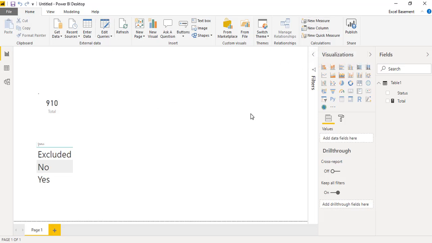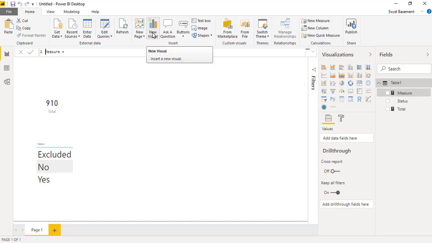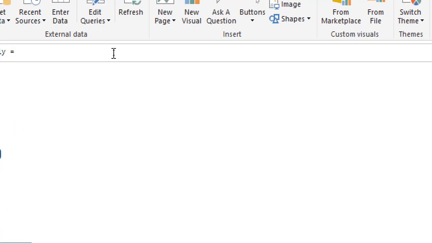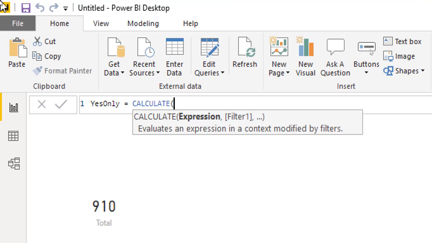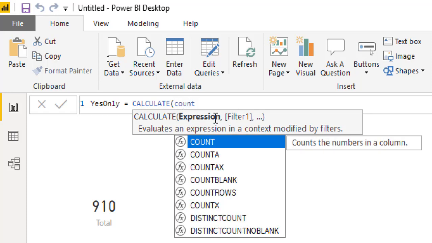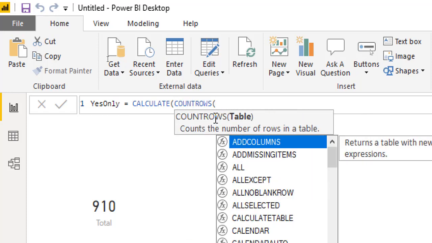We will click on New Measure, and here we will write a name for the measure, let's suppose Yes Only, and after the equals to we will be putting one DAX, which is called CALCULATE. So CALCULATE, first we need to define the expression, what kind of aggregation we want to calculate or what kind of action we want to perform. So first we will be counting the rows in Table 1,